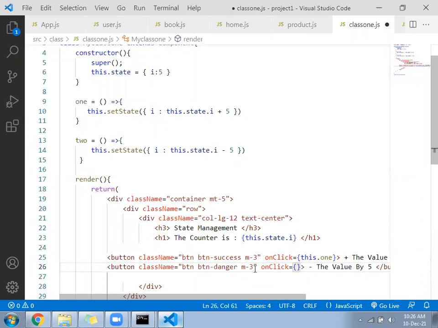this.function2. On the first button click, the state will increase by 5. On the second button click, the state will get decreased by 5.